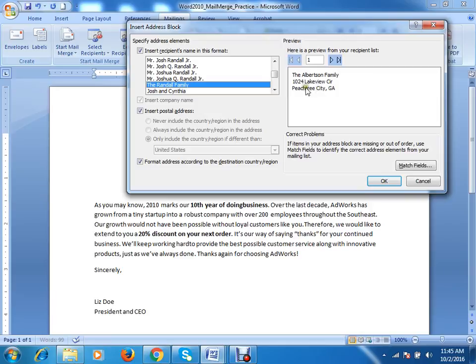Here are the previews. These names are available in your recipient list, and these are their addresses. You can see if all the names are okay. You can preview this from here. This is more official: Kathy Albertson. Here are the persons and their addresses. You can preview it here. Okay. Now if you click OK,